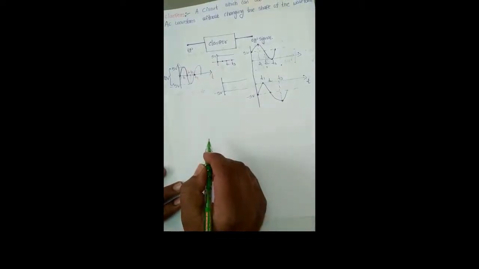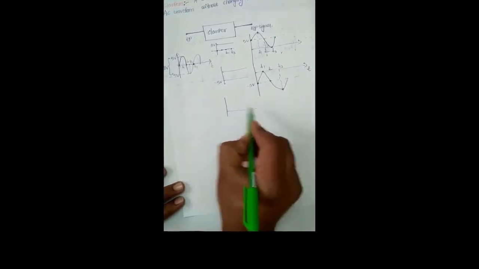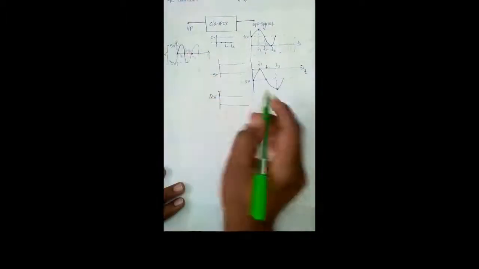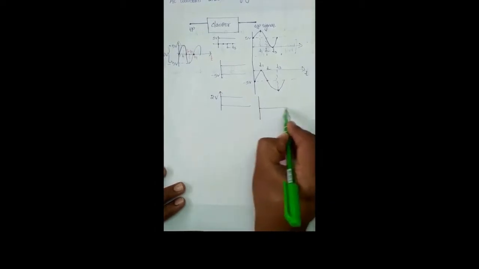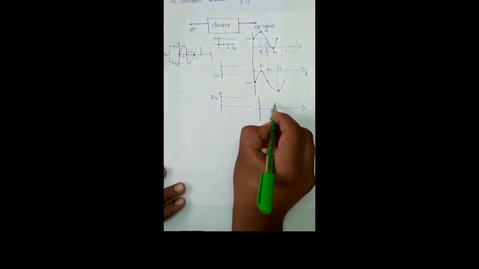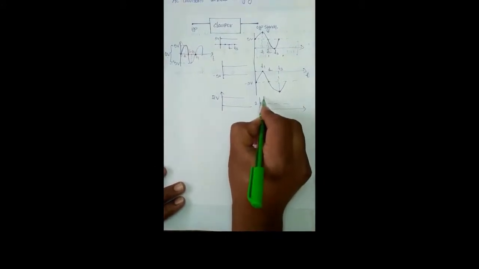Okay, and here one more possibility of clamping the input signal is, for example, this clamper circuit can add plus 2 volts DC voltage. At that time this input signal can be clamped to 0 volts, can be clamped to plus 2 volts, and at t1 instant the input signal has 5 volts. Okay, 5 volts plus 2, we get 7 volts. So here we get 7 volts at t1.